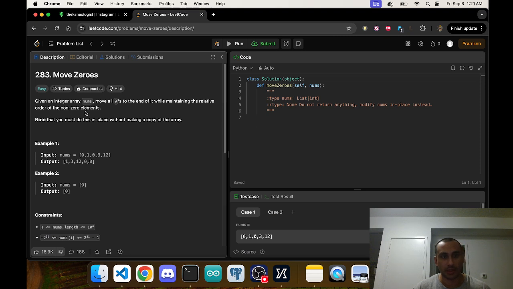Given an integer array nums, move all zeros to the end of it while maintaining the relative order of the non-zero elements. Note that you must do this in place without making a copy of the array. So, given an integer array,